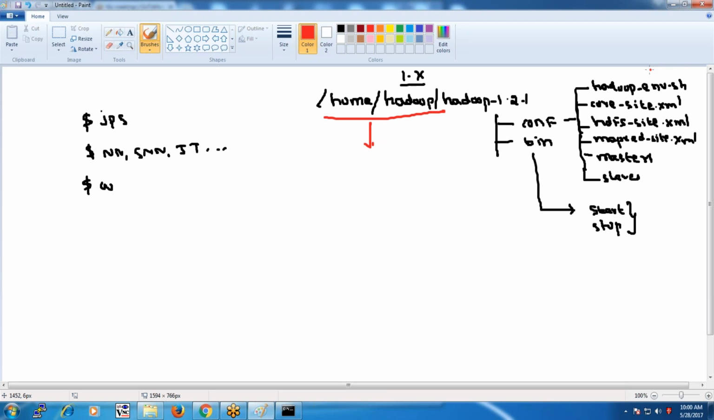So what information needs to be present here? In hadoop-env.sh, you need Java's home path. In core-site.xml, you need to specify the name node's IP address. In mapred-site.xml, you need to specify the job tracker's IP address. And we have another important file, .bashrc,